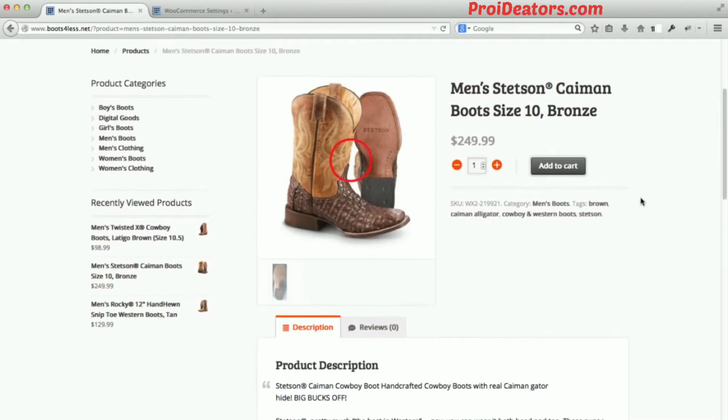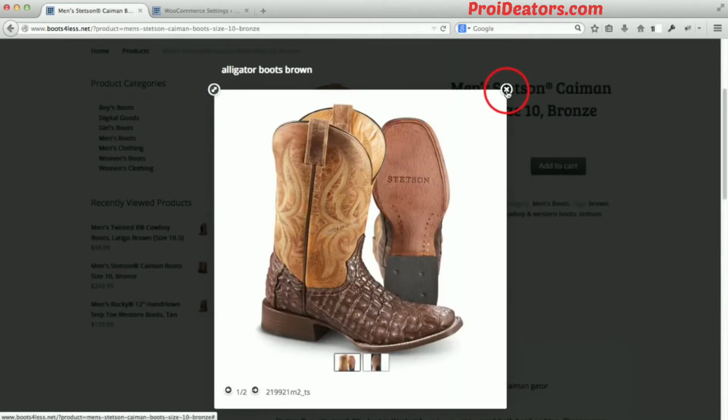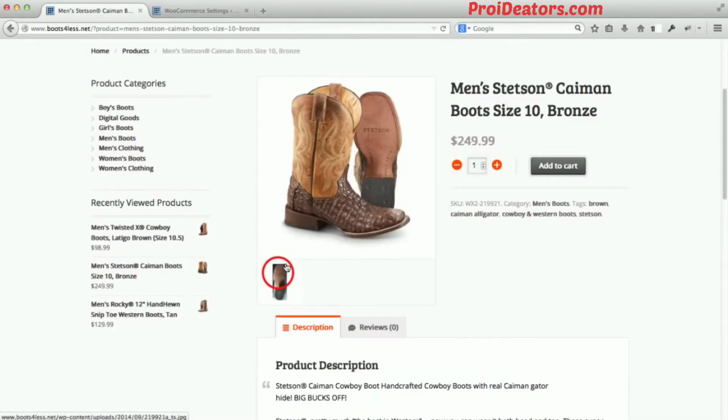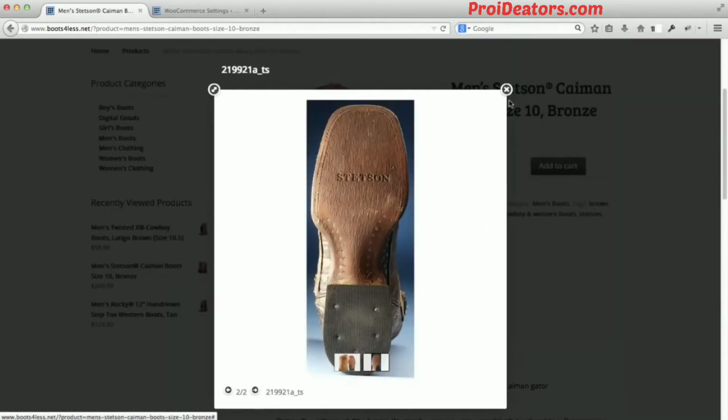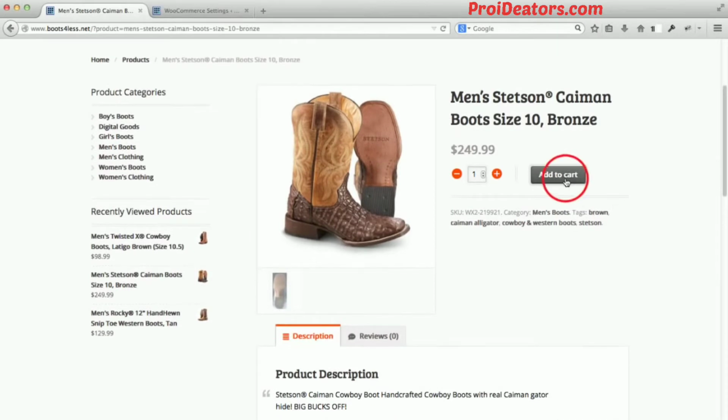I can take a closer look at my product, or a different view if I need to, right? Like the bottom of the boot, you see the detail in there. So I'm sold on this product and I'm ready to go. So if I click add to cart